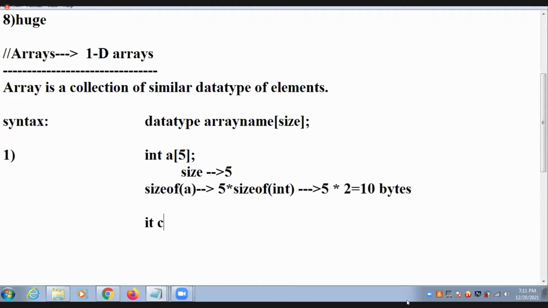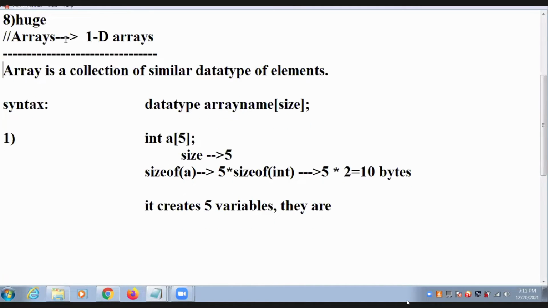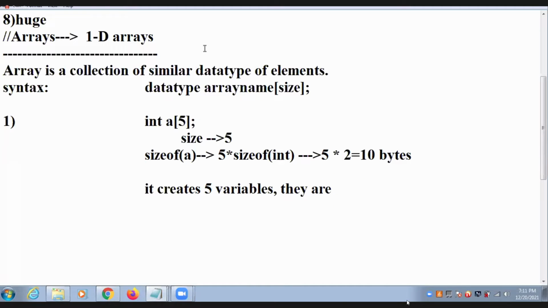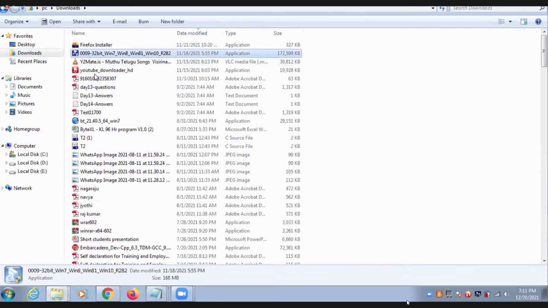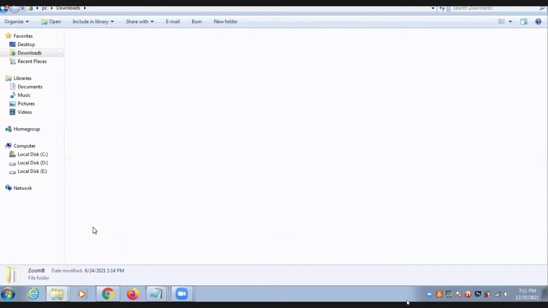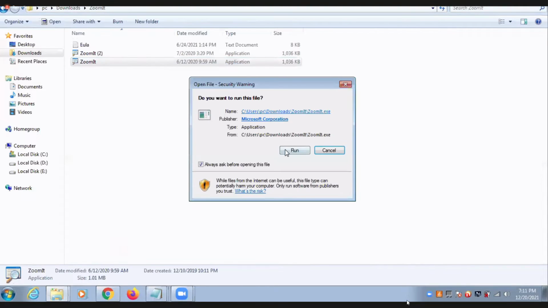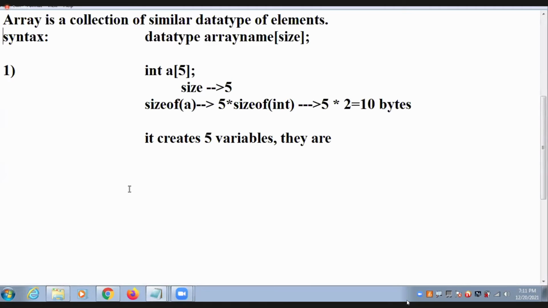It creates 5 variables. What are those 5 variables, guys? Now I will show in the diagram. See this.